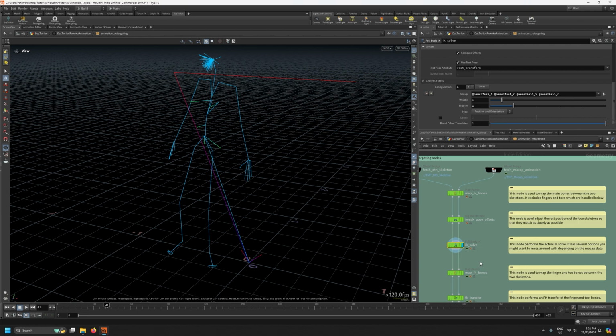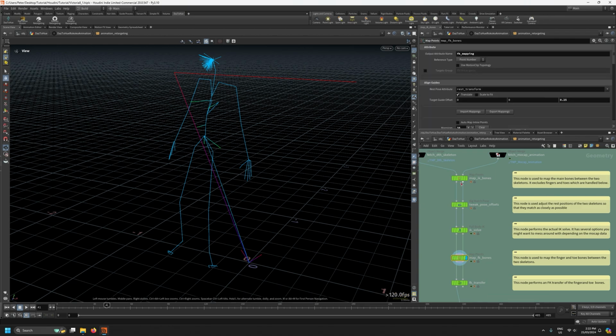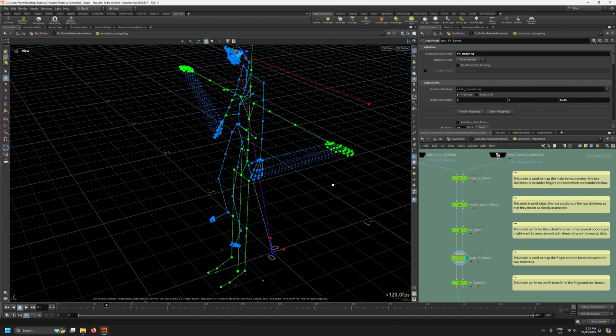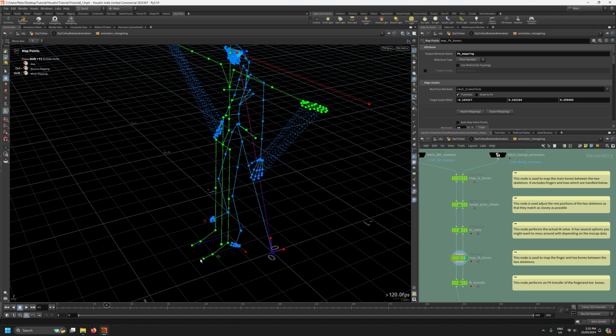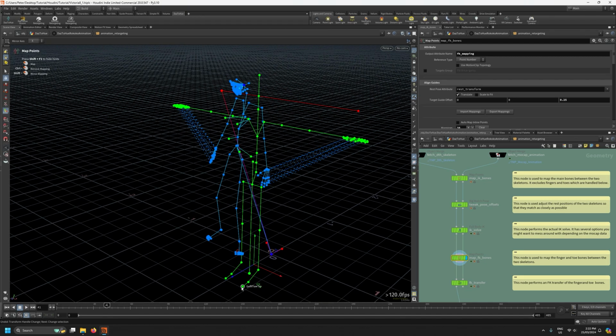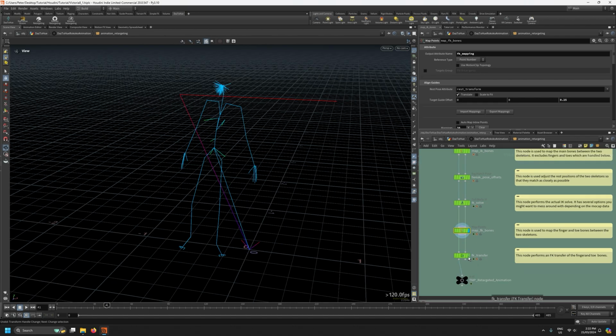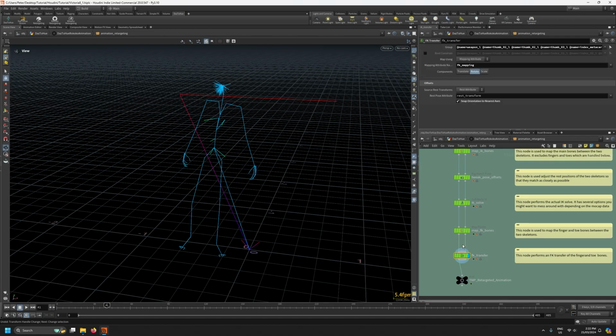Instead, we use a different method called FK transfer. So the map FK bones node is doing exactly what the map IK bones node did, but it's doing it for fingers, and if the source animation had them, it's doing it for the toes as well. Rokoko doesn't have toe bones, so in this case it's only mapping the fingers. And then the last node, this FK transfer node, is doing the actual transfer of the finger or toe rotations